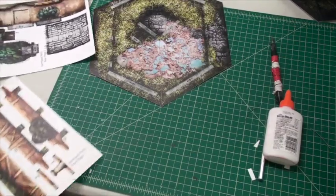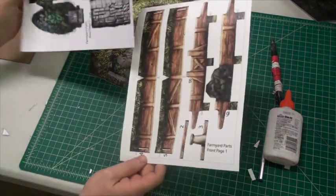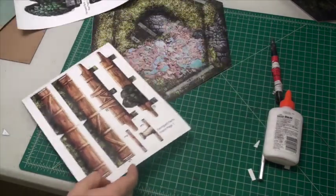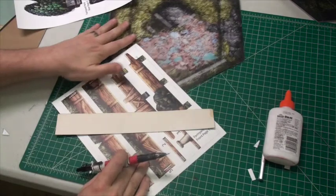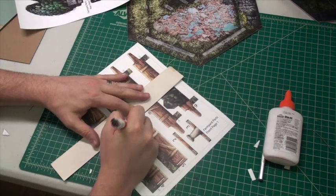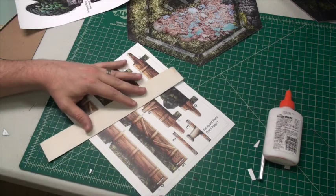Okay, time to put together the Farmyard pop-up terrain. Now this has a lot of nice long straight cuts, so you could probably do a lot of it with scissors, but make sure you score first. I've got my dry ballpoint pen,